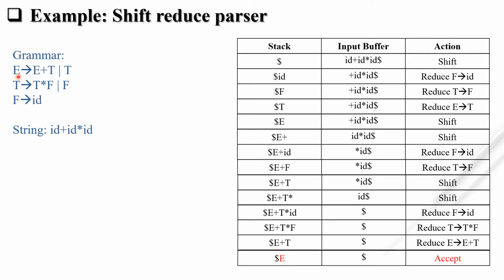Okay. When we get an error, when we are not able to reduce, when we are not able to shift, even we are not able to accept, then and only then we can say the given string is not parsed according to the grammar. But we shifted from the leaf node to the start node, so we can say it is accepted. The string is accepted according to the grammar.